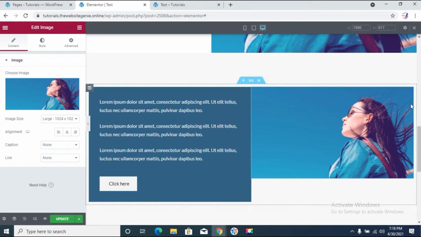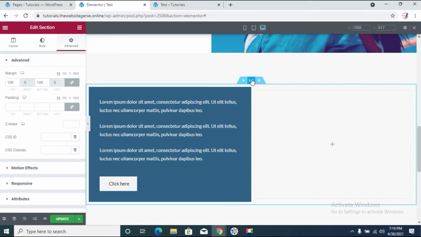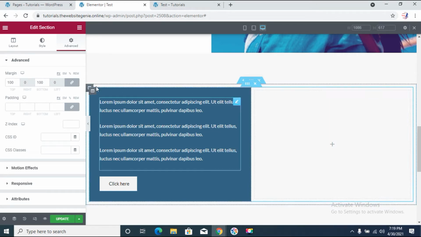So we'll get rid of this image here, and what we'll do is add a background to our section, not the inner section but the section that we have. We have already added the margin, as you can see. This is the section which is housing all our content and the inner section.